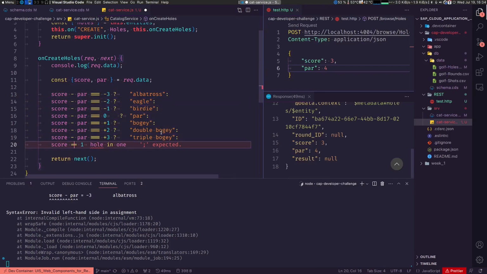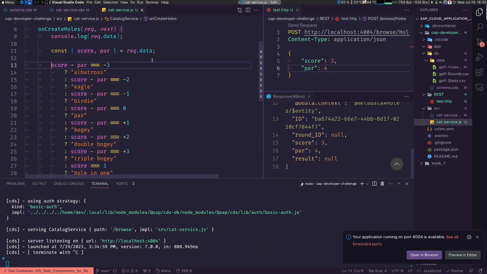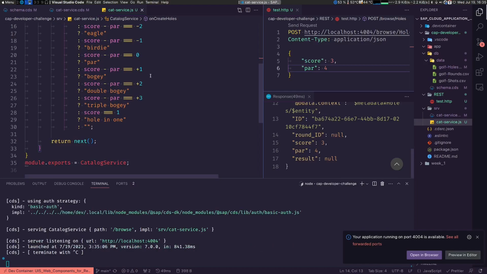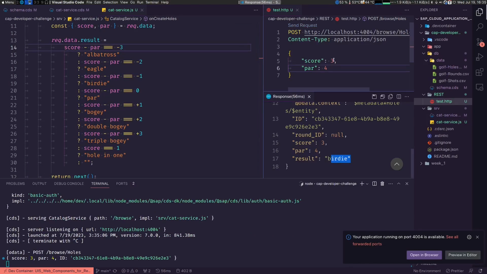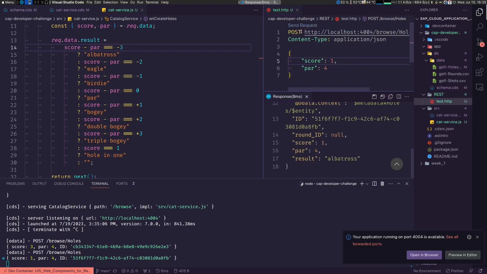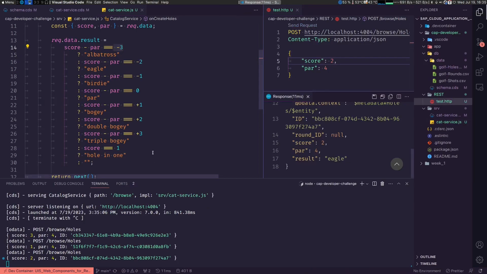And in here the same thing. So if it's correct, we return hole in one. If not, it's empty. And now we pass that to the request data result. And if we save it, it should be working. Birdie, perfect. And let's put one. Albatross, perfect, because it's -3. And so on. This isn't going to work, I think,